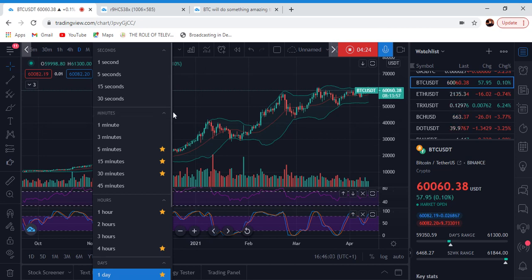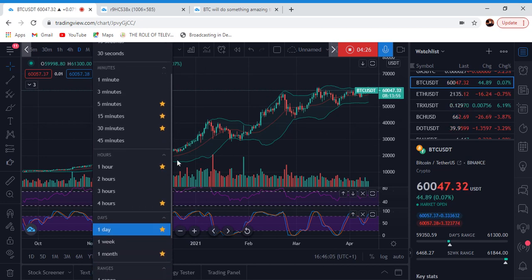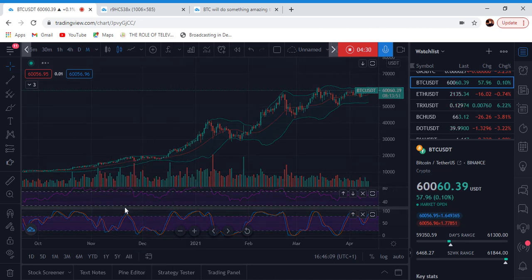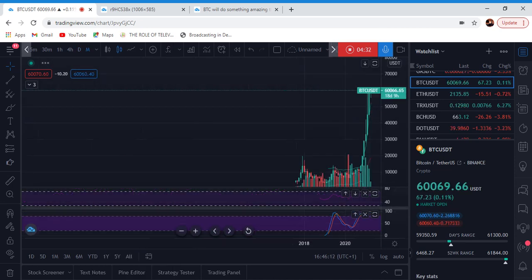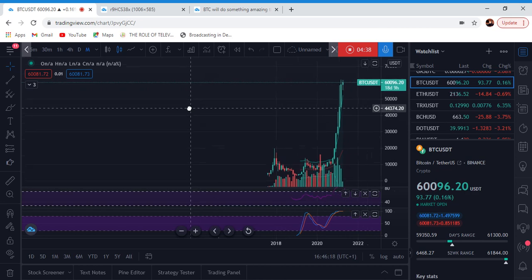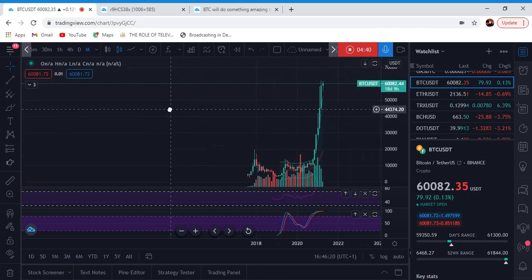Monthly support and resistance are very strong. Why? Monthly support and resistance are the strongest of all. If a monthly resistance or support breaks, the move that goes after it is very strong. So looking at this monthly,